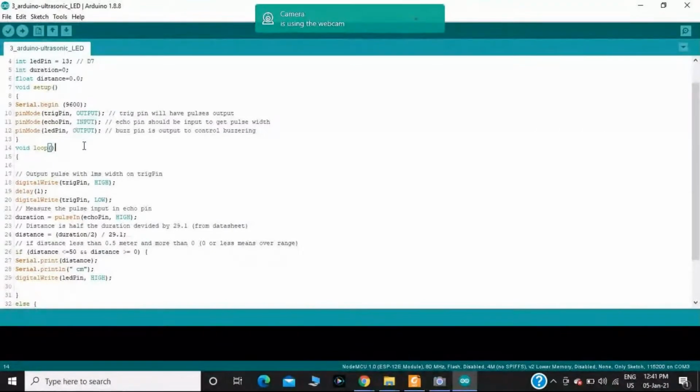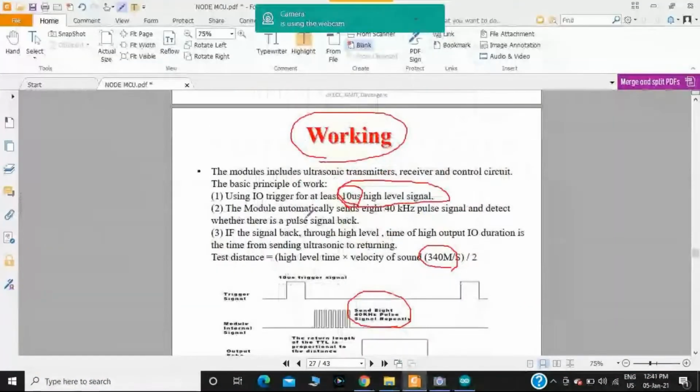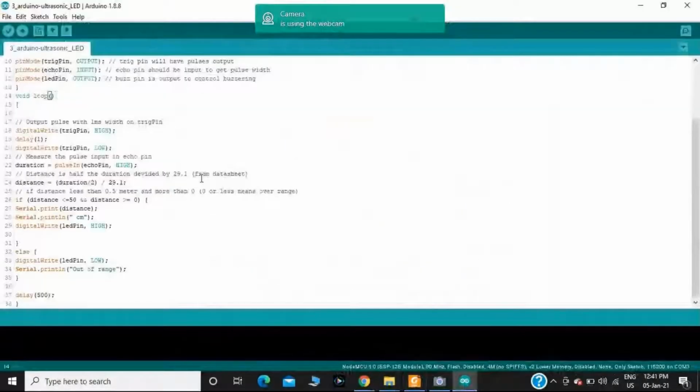Next, in the loop section, as you know, for the trigger pin, in order to generate a sound wave, I should give at least a 10 microsecond high level signal. That's why in my case I have taken a delay of 1 millisecond.